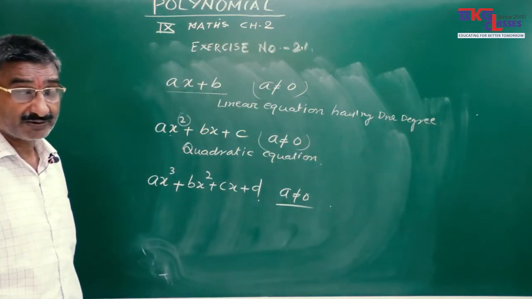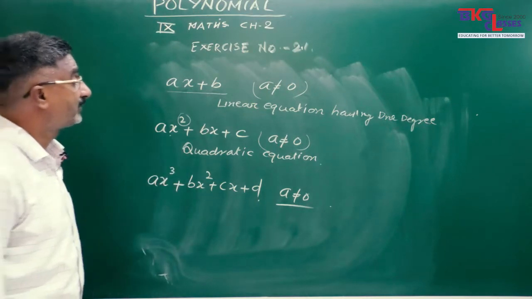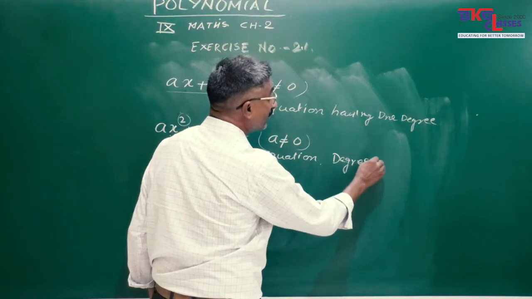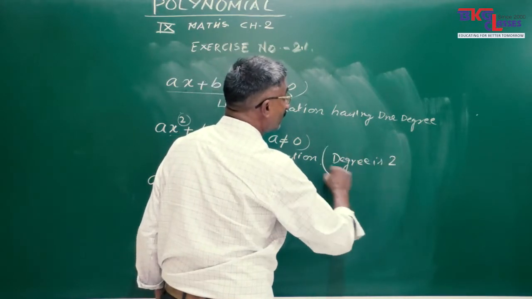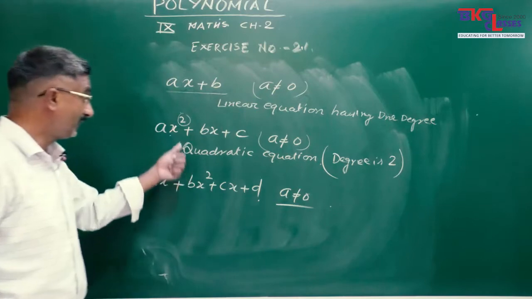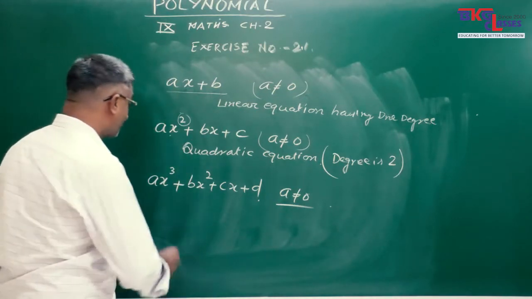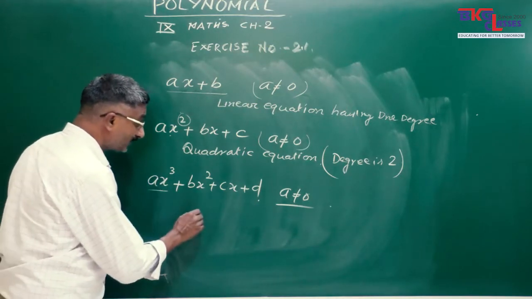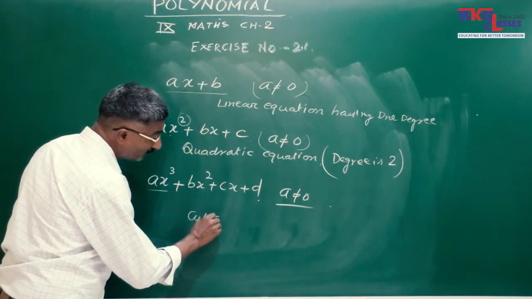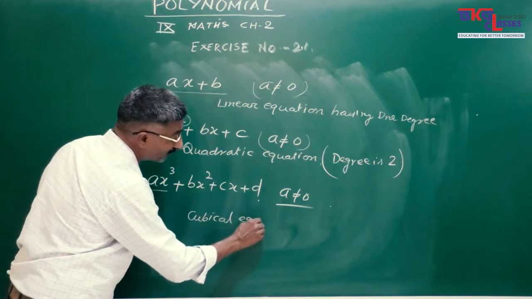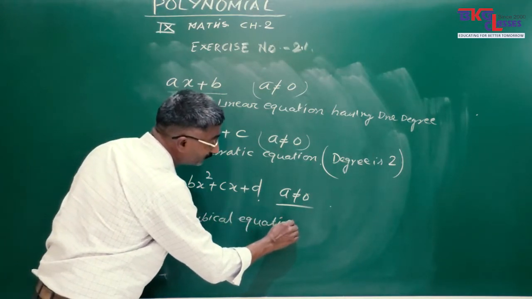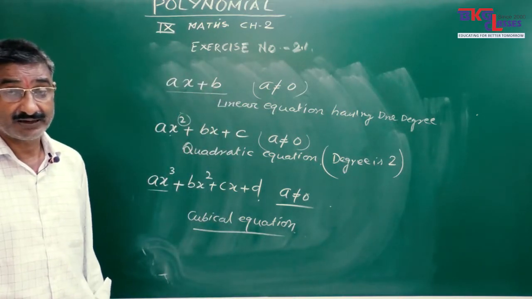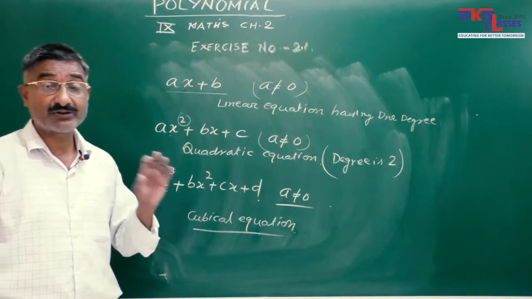A quadratic polynomial or quadratic equation means the degree is 2. There is a term x square. Okay. Now here the power is 3, so this is a cubical equation. It is not related to the terms. Clear? It is related to the degree